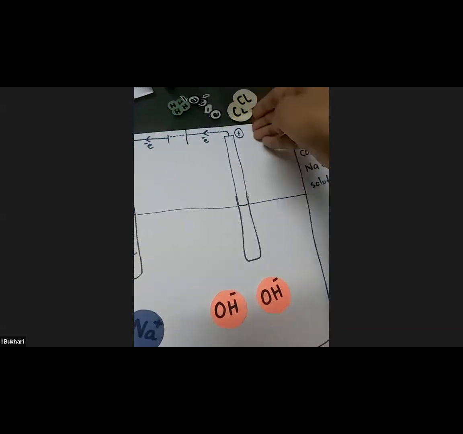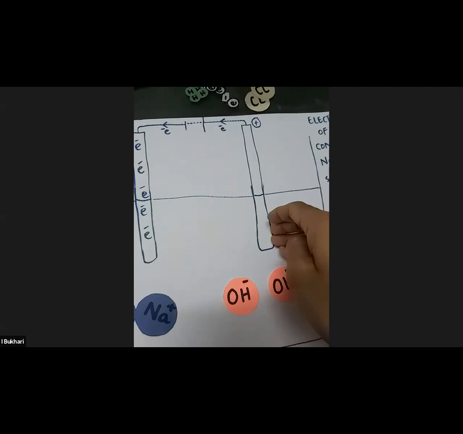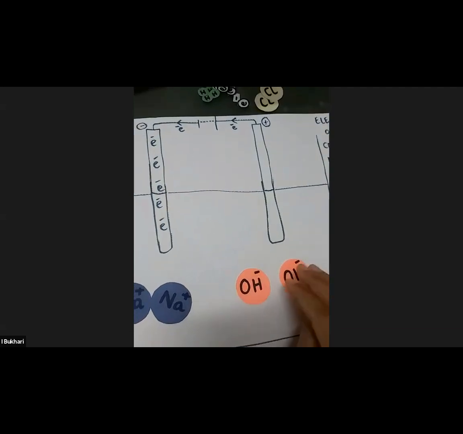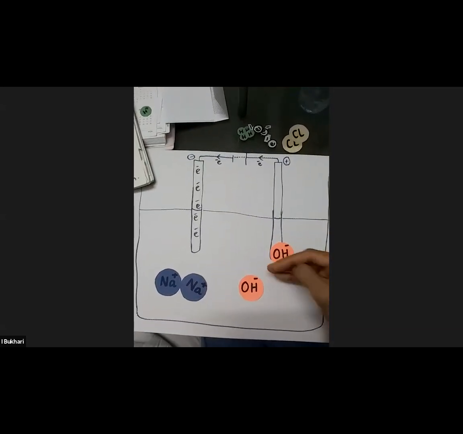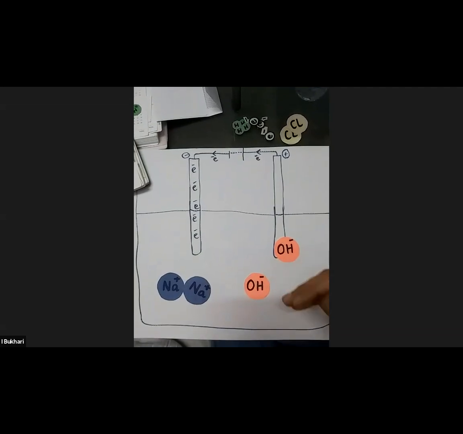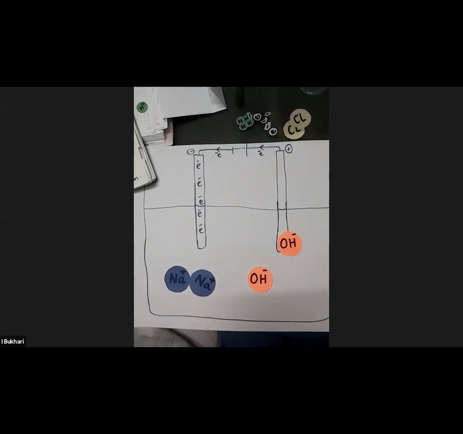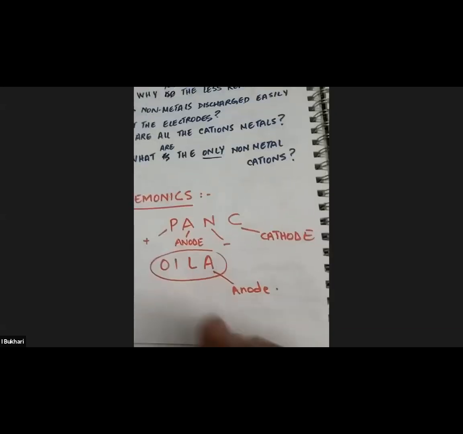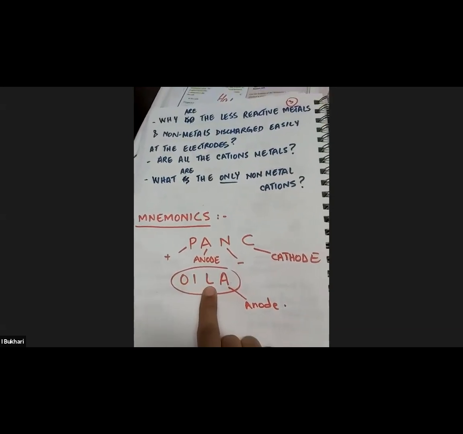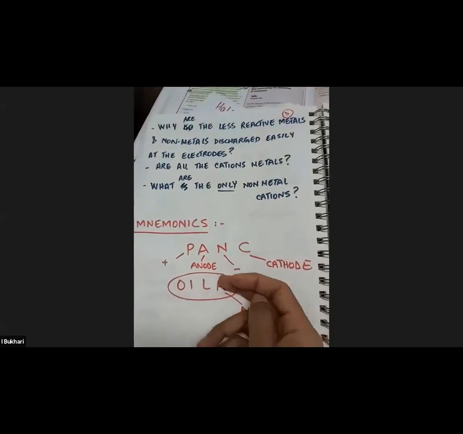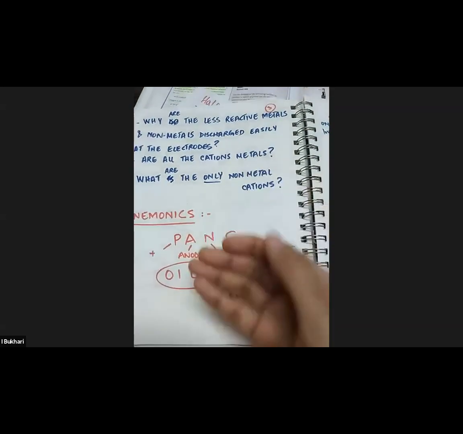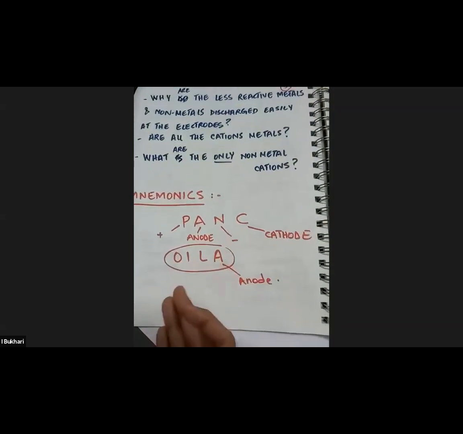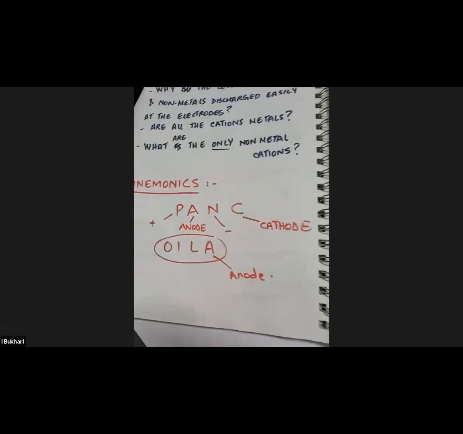Okay. In the anode, there is a net positive charge, which attracts the anions towards it. They lose electrons to this positively charged electrode, and so they get oxidized, because oxidation is the loss of electrons. Another mnemonic that I found helpful is OIL RIG. So oxidation is the loss of electrons, which occurs at the anode. Then reduction is left with the cathode. So that will be easy. If you remember just this, then you know that if oxidation is at the anode, then reduction must be at the cathode. So that's that.